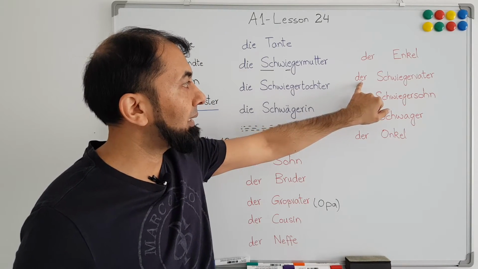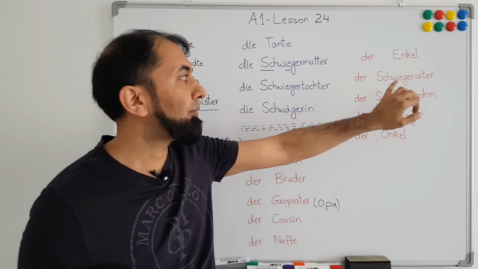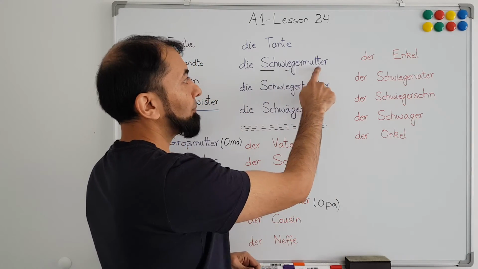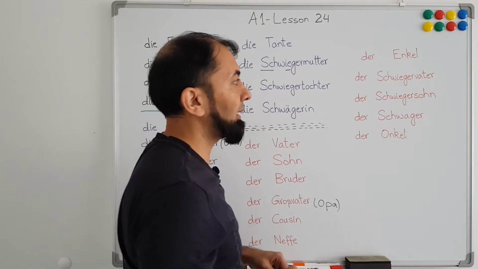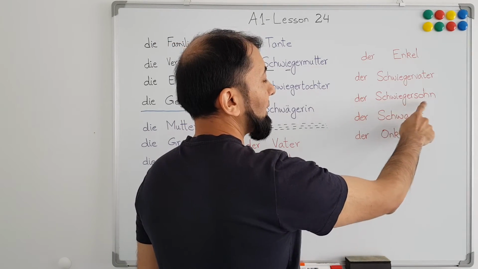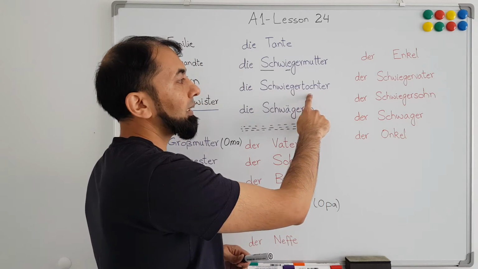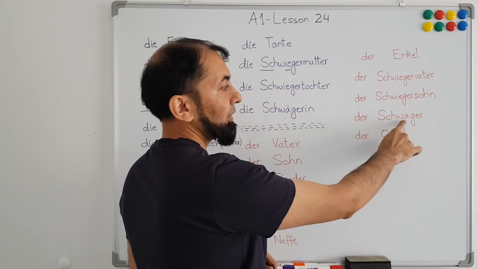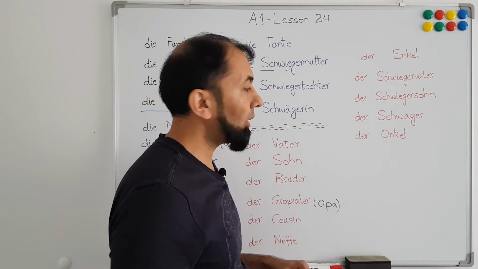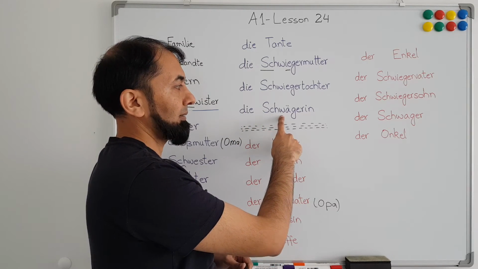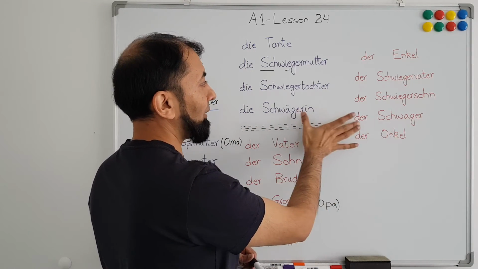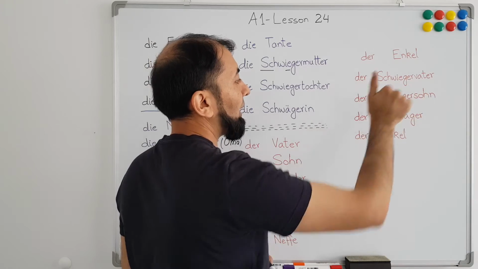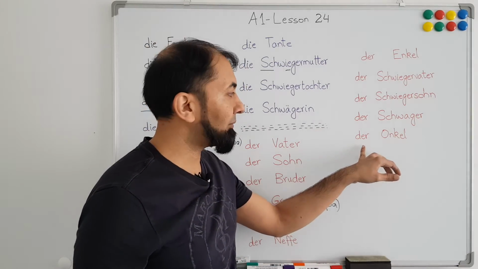Next we have der Schwiegervater, father-in-law. Schwiegermutter, mother-in-law. Schwiegervater, father-in-law. Der Schwiegersohn, son-in-law. Schwiegertochter, Schwiegersohn. Then we have Schwager, der Schwager, brother-in-law, die Schwägerin, sister-in-law. So these are different as compared to Schwiegertochter, Schwiegersohn, Schwiegermutter, Schwiegervater, and in the end we have Onkel,